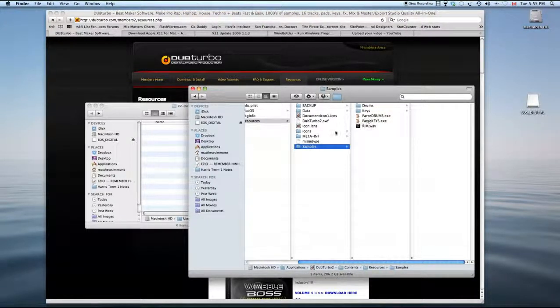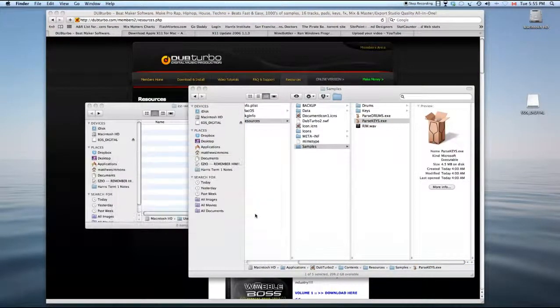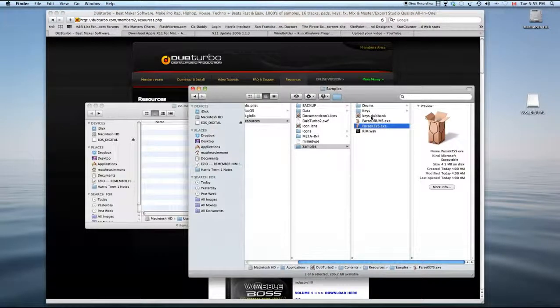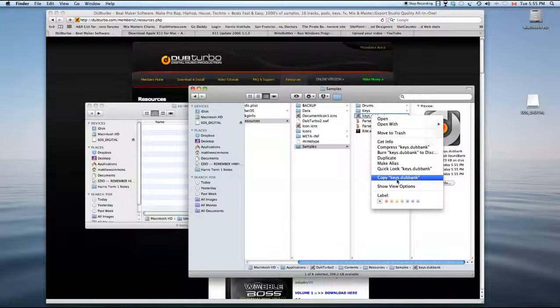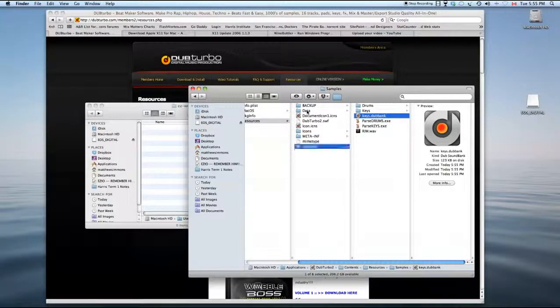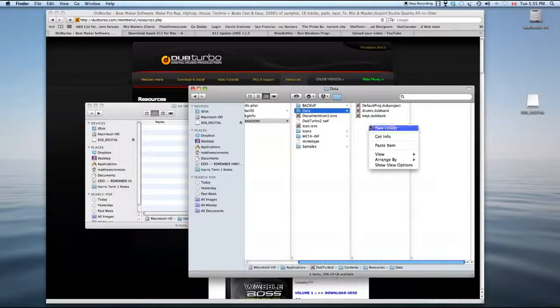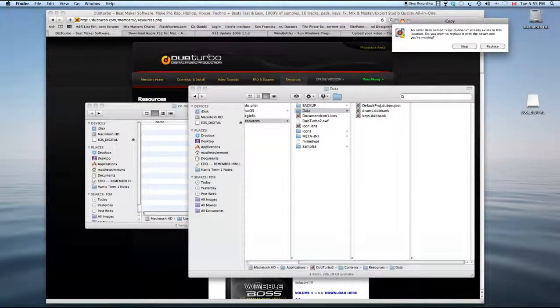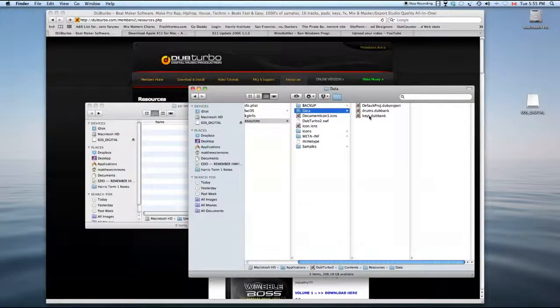And now we added keys as well, right? So we're going to parse the keys. It'll ask you if you want to run it. Give it a moment. Let it do its thing. It'll pop up with the keys. Copy the keys, go to your data folder, overwrite the old keys. Replace it, great. So now when we start DubTurbo, we'll have the new samples in both the keys and the